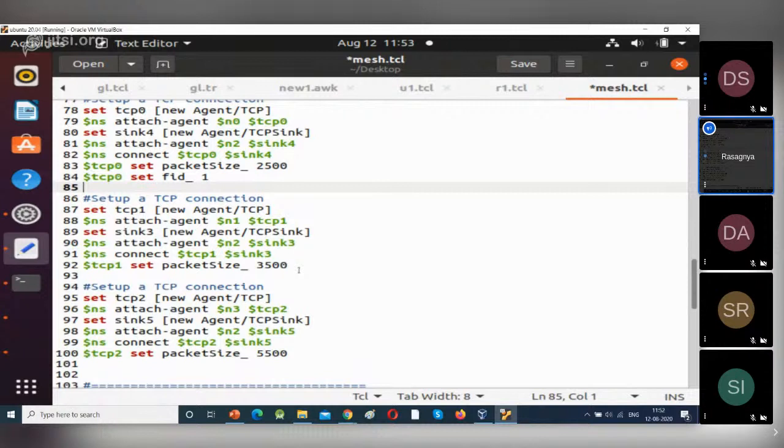Next, go to the next TCP connection. Here we have the name TCP1. So use the same name, that is $TCP1 set fid_ 2.